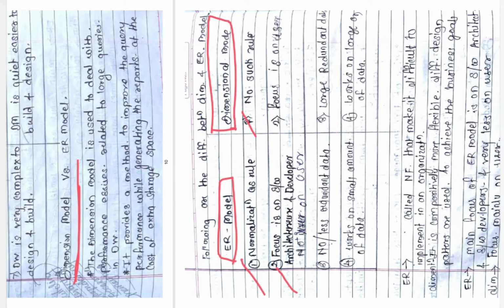In the entity relationship model we keep a view on architecture, on the developer, on software as an issue. But